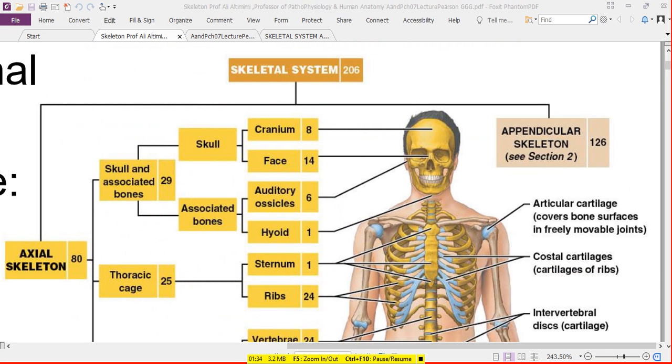So the whole skeletal system has 206 bones. This is the number of bones in the skeletal system. With the axial skeleton there are 80 bones, with the appendicular skeleton there are 126 bones. From the axial skeleton, the skull and associated bones are 29, the thoracic cage 25, and